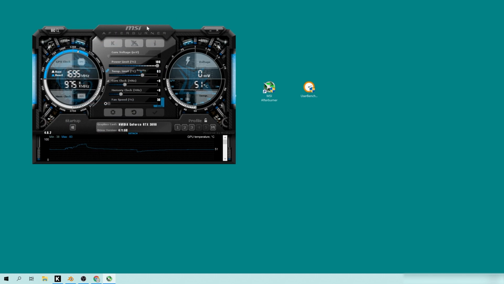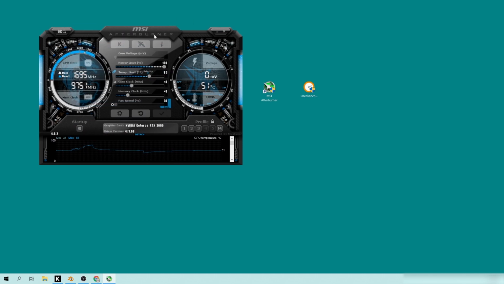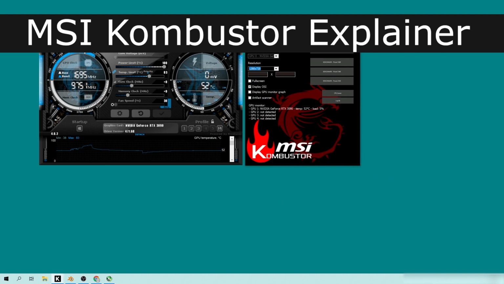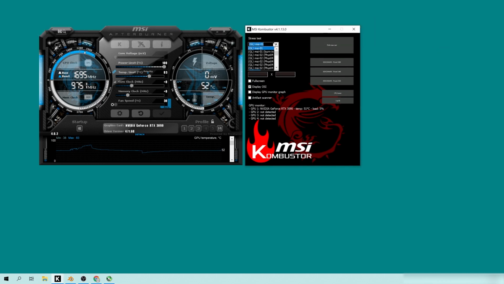Okay? So basically what we're going to do is look at a baseline of what's going on with our card. If we click this Kombustor icon right here, it's going to pull up this little window. What this does is some stress testing of our card. There's also some stuff for your CPU. Unfortunately, I can't see some of the stuff on the side here. For some reason, there's some weird stuff. But you can see there's GL and then VK. So this is OpenGL and